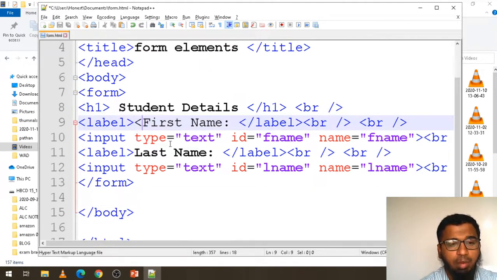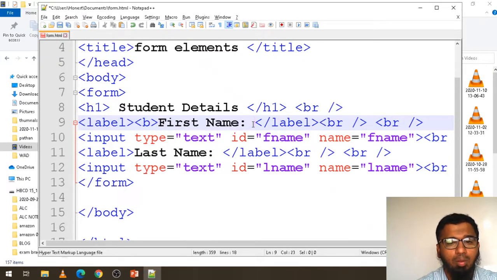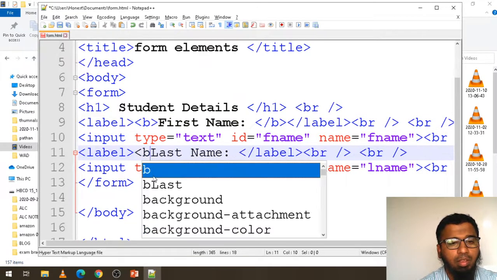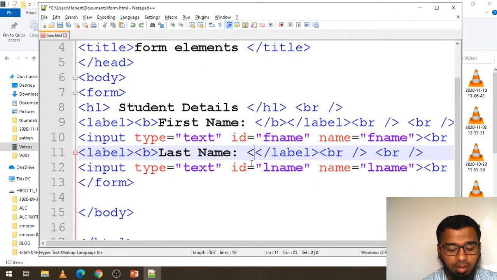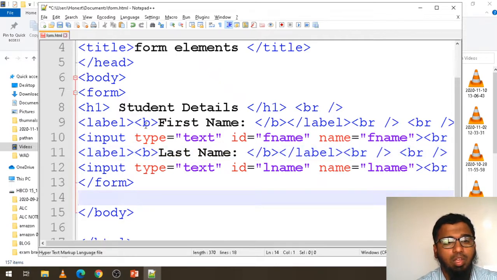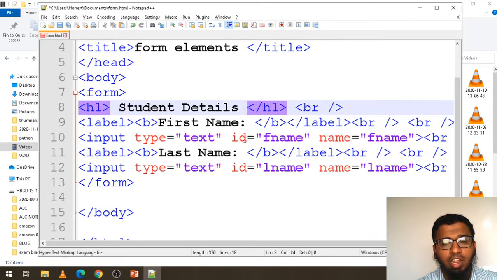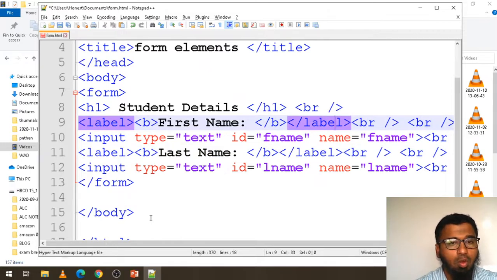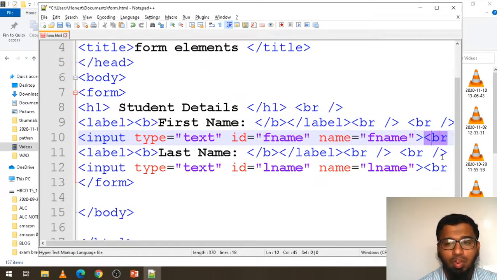Like here I am writing B for bold, /B, and here I am writing B or strong, anything you can write, slash. Okay, so here the advantage is whenever you click any tag, automatically it will show you the opening tag and closing tag. Okay, this is the advantage of Notepad++. Okay, so here you can take one more BR,